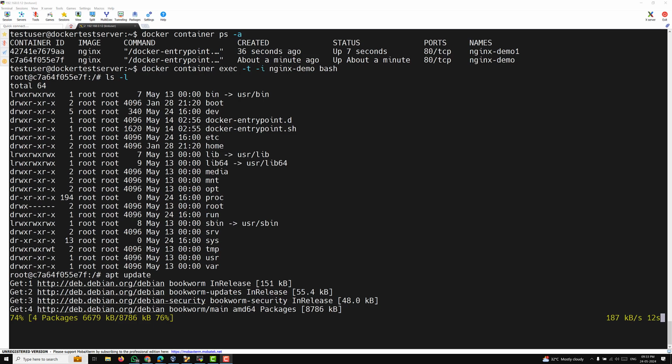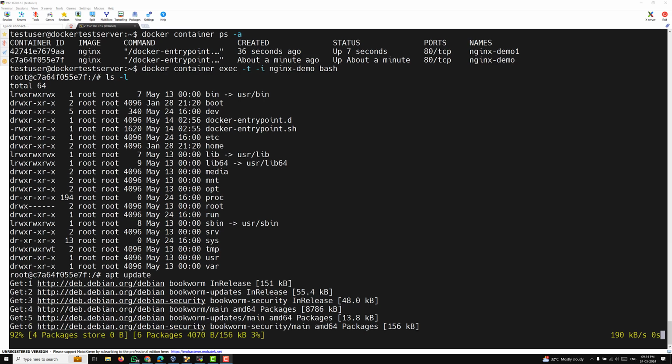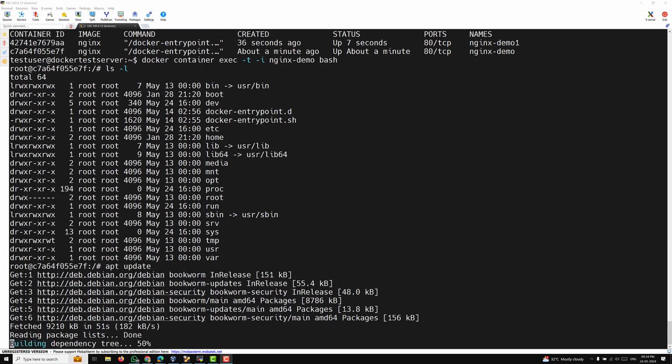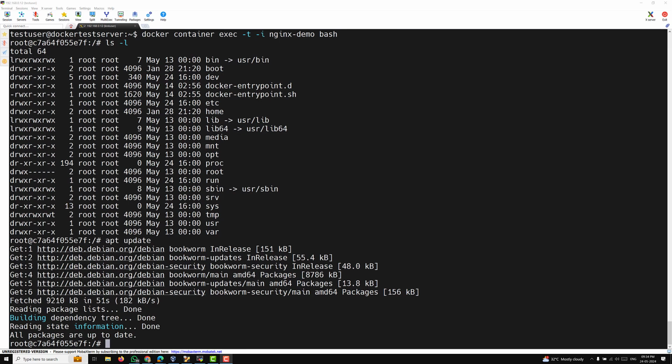We have already logged into this container previously in our videos, but I am trying to tell you that we can also log into the container using this exec command. So there is also another way. Actually there are two approaches by which we can log into the container. So this is one way, you can directly log into the container and write the commands. And another approach is